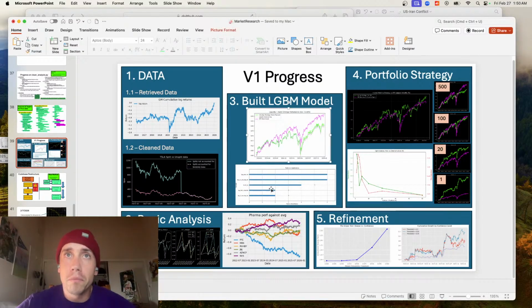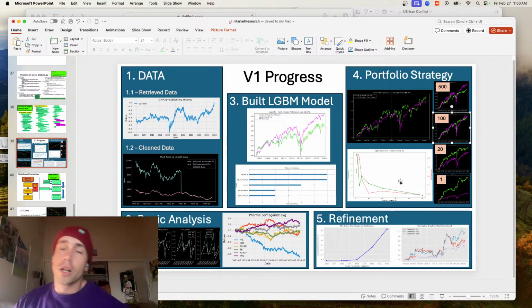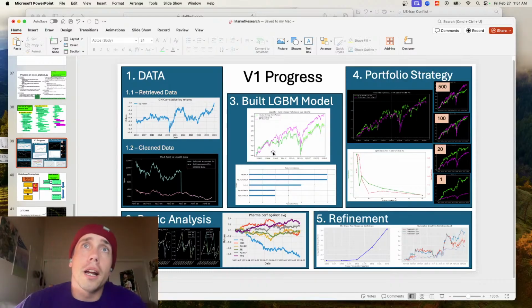So I got a model. The best I was able to get with this model was 51.5%, and I tried several different versions, but I wasn't able to improve on that. I did find a portfolio strategy which works. You can see here, but it was really fragile. And the only strategy I could get that was really robust is picking one stock per day, which comes with extreme risk. So all that to say that the conclusion I drew from this first round of the analysis was that I needed a better model to train.